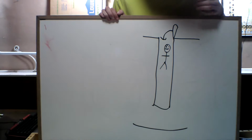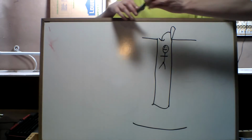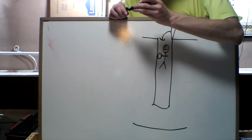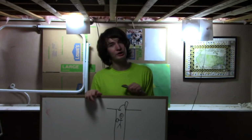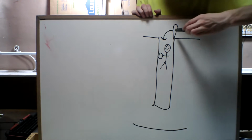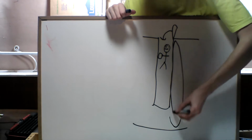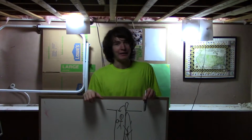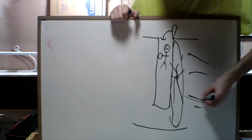What we are doing in this example is effectively putting a person into the chamber, and since gravity isn't nullified yet, we can maybe give them some handlebars right here to make it so they don't fall, because that would be inconsiderate and could potentially break their legs as well as other body parts. And then we close the hatch right here, that's a hatch, and then we have a big fan. I could have drawn one of my fans, but I don't have any, so I don't know how to draw them. And then the big fan sucks out all the oxygen,